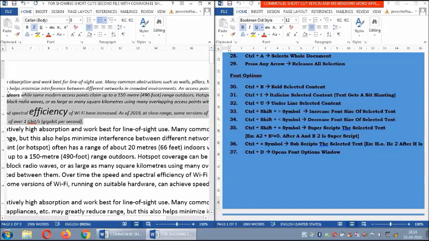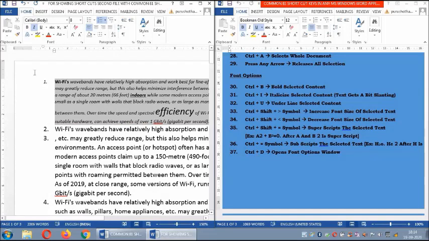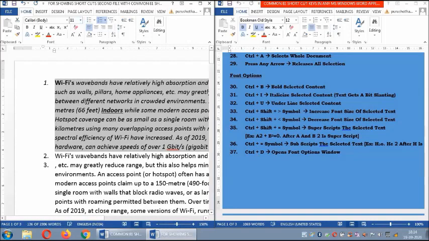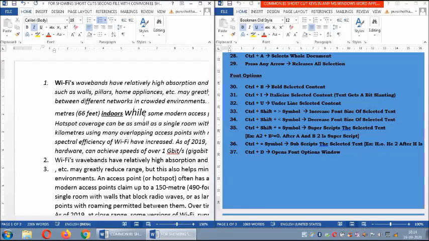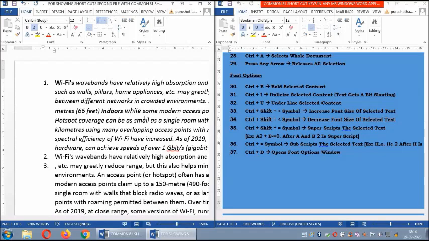Here some of them are not in 8 only. So I can go here to sizes and pick 11. Okay, this is the way I increase only a particular word. I go there again, Control Shift greater than symbol to increase 2 points, Control Shift less than symbol to decrease 2 points.